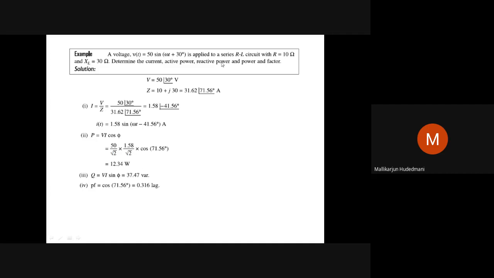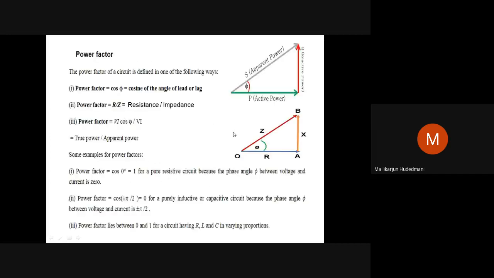Today we will learn something called reactive power. What is this reactive power? Let's take another slide here. We know that active power, reactive power and apparent power are the three sides of a right angle triangle. We call it a power triangle. So how do we get it again?